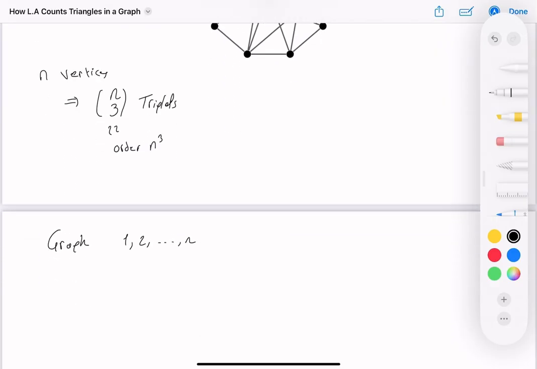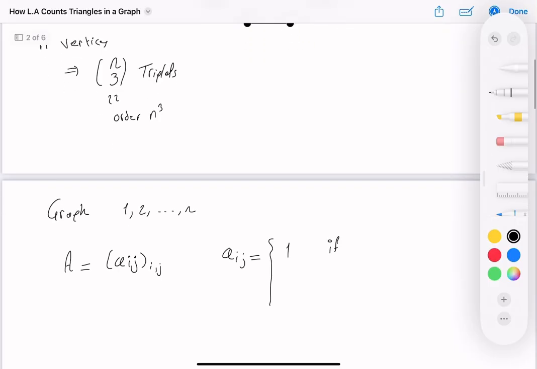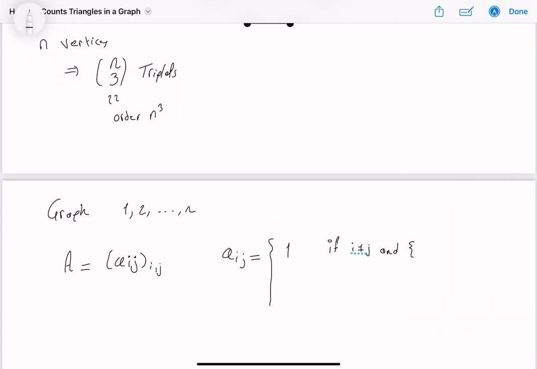Let's define a matrix A formed of entries Aij, where Aij is defined as follows. We define Aij to be 1 if there's an edge between i and j, so if i is not equal to j and ij is an edge,